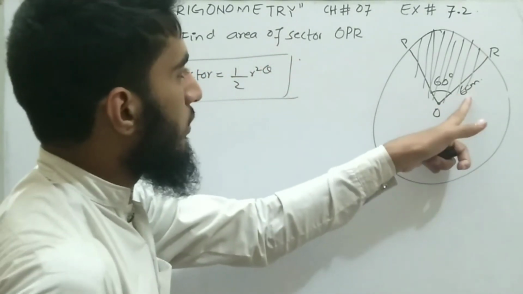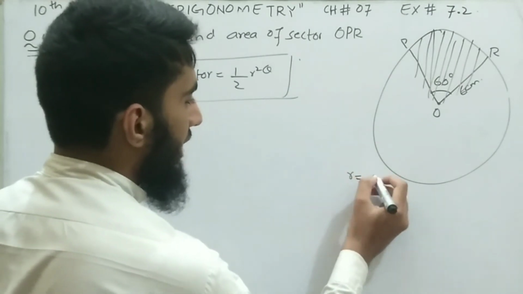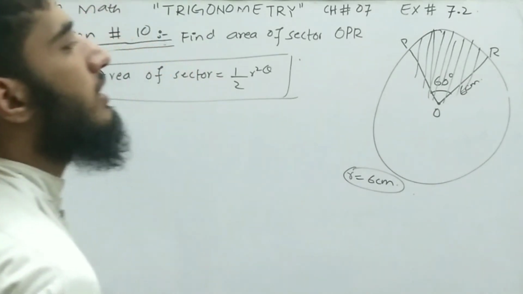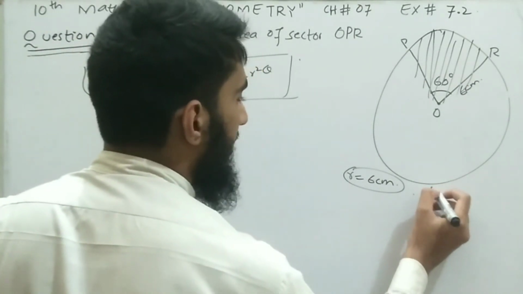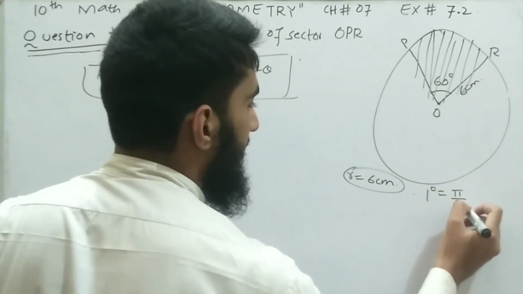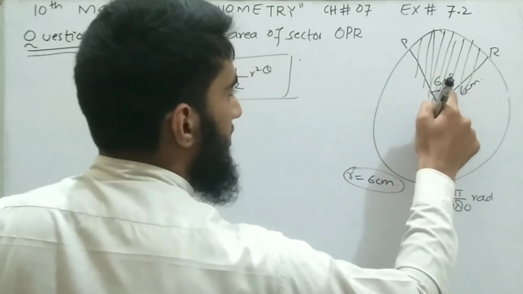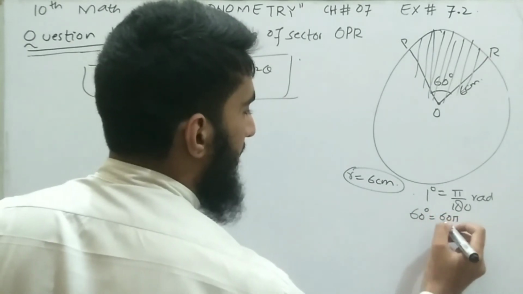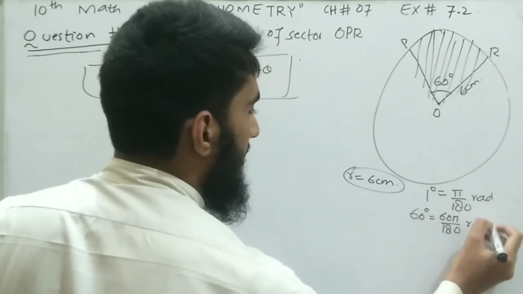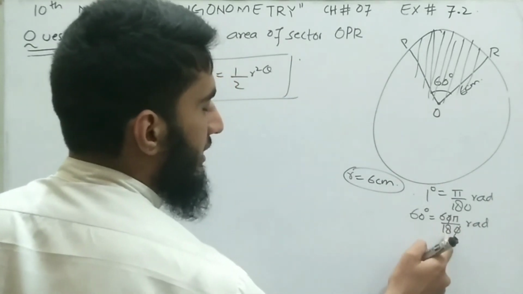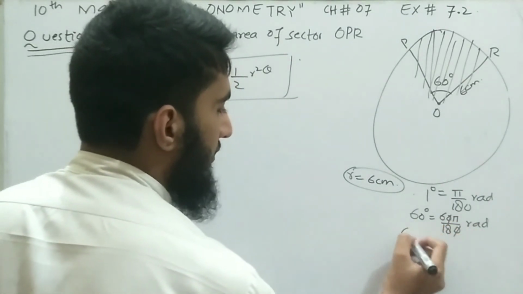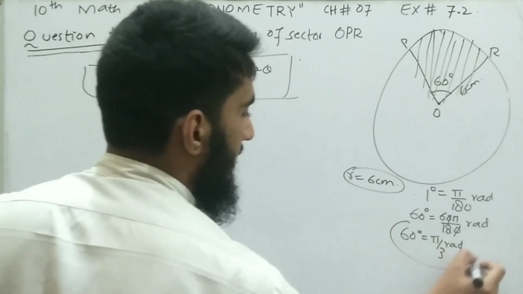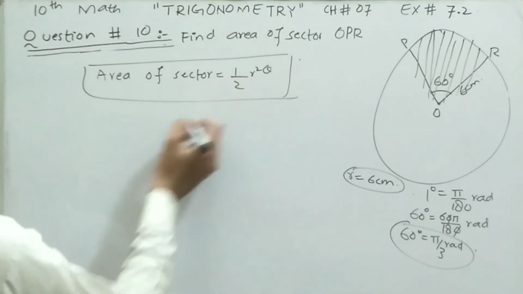Now over here we are given the radius. Our given radius R is equal to 6 centimeter. But our given angle is in degrees, so we will convert it into radians using the same formula. 1 degree is equal to pi divided by 180 radian. Over here the angle is 60, so multiply both sides by 60. It becomes 60 degrees is equal to 60 pi divided by 180 radian. So this 0 cancels out with 0. 6 divided by 18 gives us 1 over 3. 1 over 3 times pi gives us pi by 3 radian. So 60 degrees is equal to pi by 3 radian. Putting in the values to get the required area of the sector.